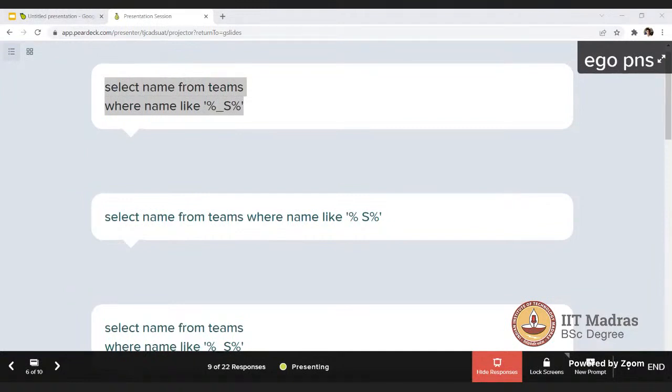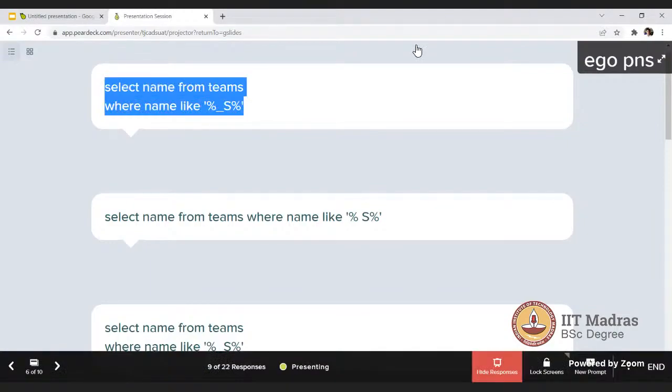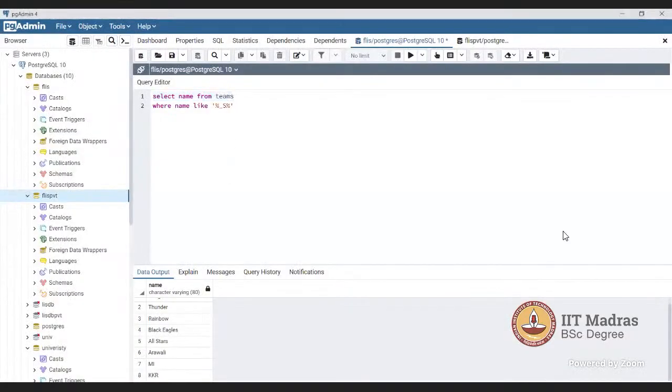Yeah, so it will give the output in this case, but it will also give other output if the other team name starts with S also, right? Not S. No, this does not give the second name, the last name that will be started. If it is at least two letters, AS, that will also display. Yes. See, if you see the